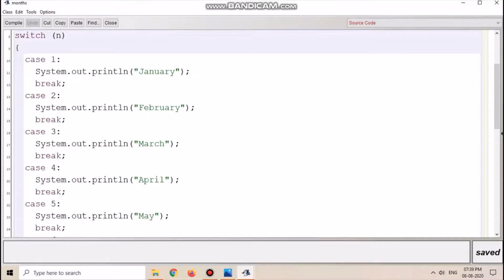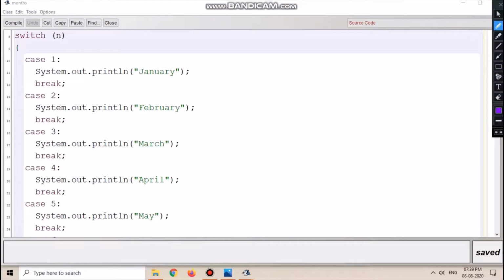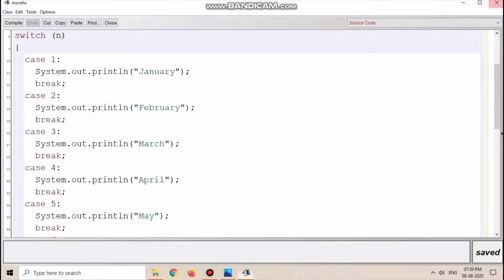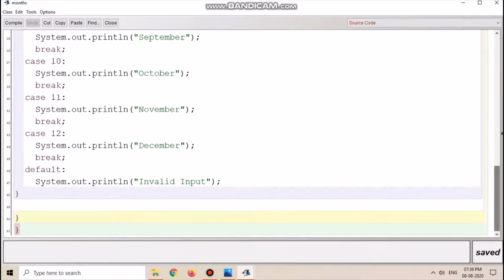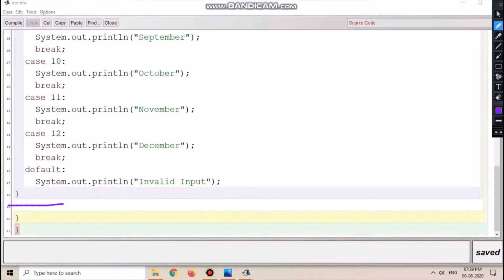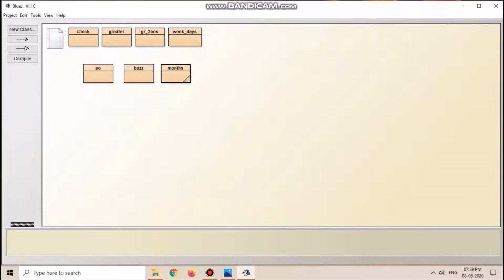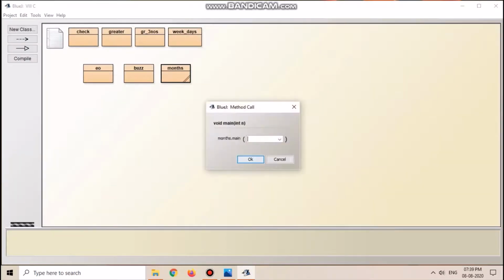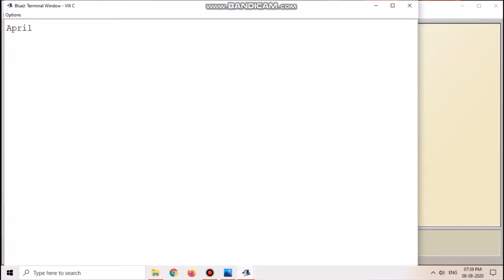So it will print April, and then after this you are having break, so the control will come to this part. Now we'll check this. You can see the answer is April.